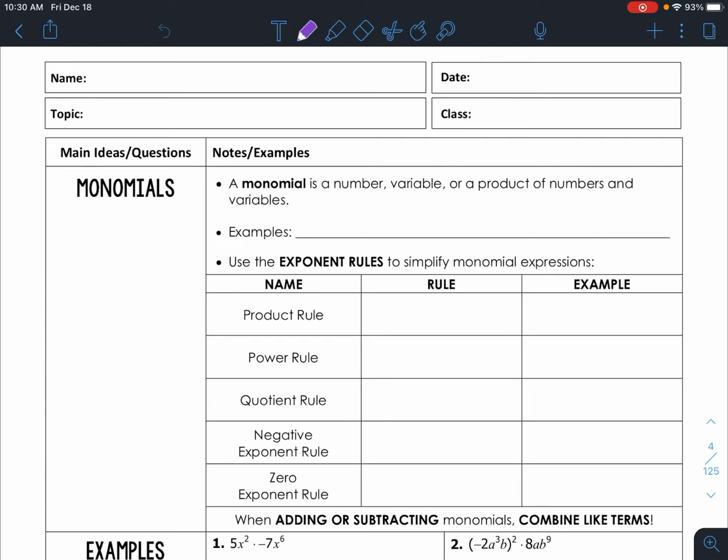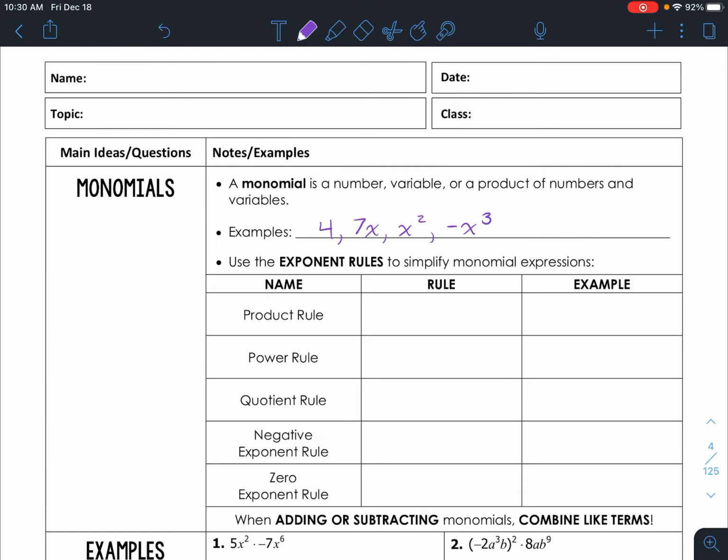So, first things first, a monomial is a number, variable, or a product of numbers and variables. So it's only one term. So for example, 4 is a monomial. 7x is a monomial. X squared is a monomial. Negative x cubed is a monomial. It's one term, okay? Now, with the exponent rules, there's a product rule, power rule, quotient, negative exponent, and then the zero exponent rule,